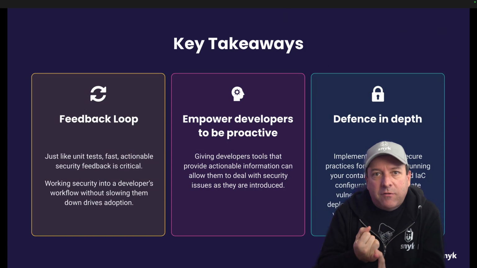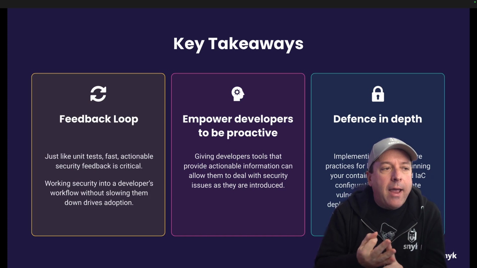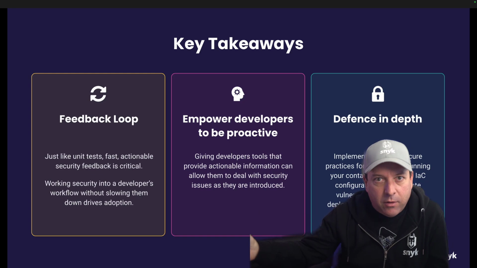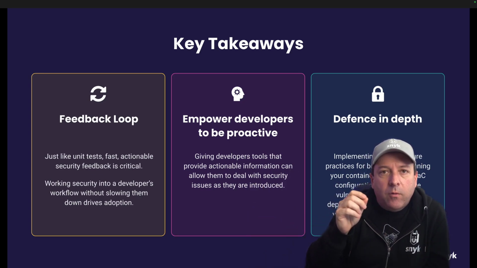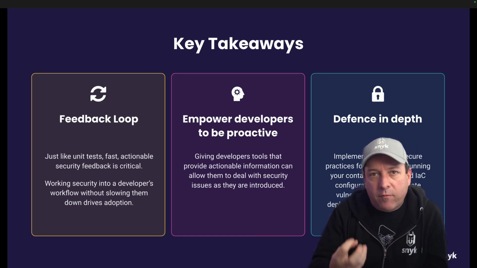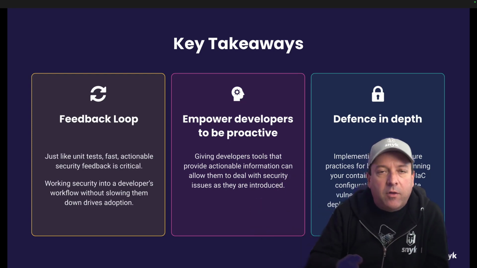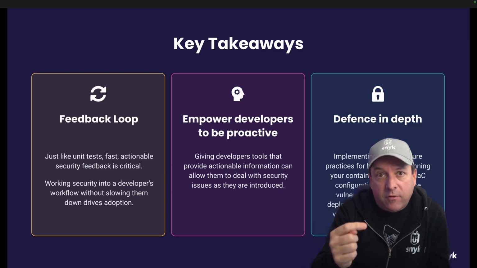But key takeaways here. Your feedback loop needs to be fast. And you need to use a tool like Snyk that allows you to scan these containers locally and in your CI and wherever else in your pipeline that you want to have checks. But it also needs to empower the developers with proactive information. It can't just be a spreadsheet of CVEs that the security team bats them over the head with a week after they've committed their code because they just did their audit. It needs to be something that says, hey, here's the problem, and if there is a way to fix it now, here's how to fix it,